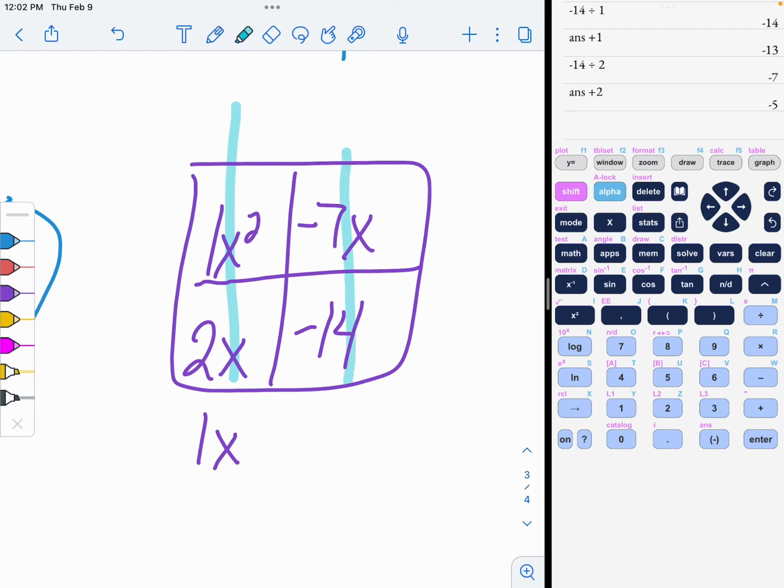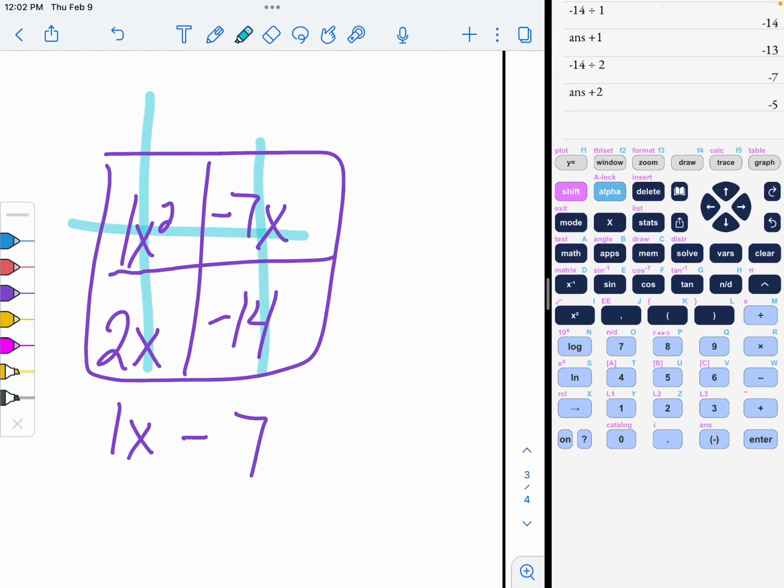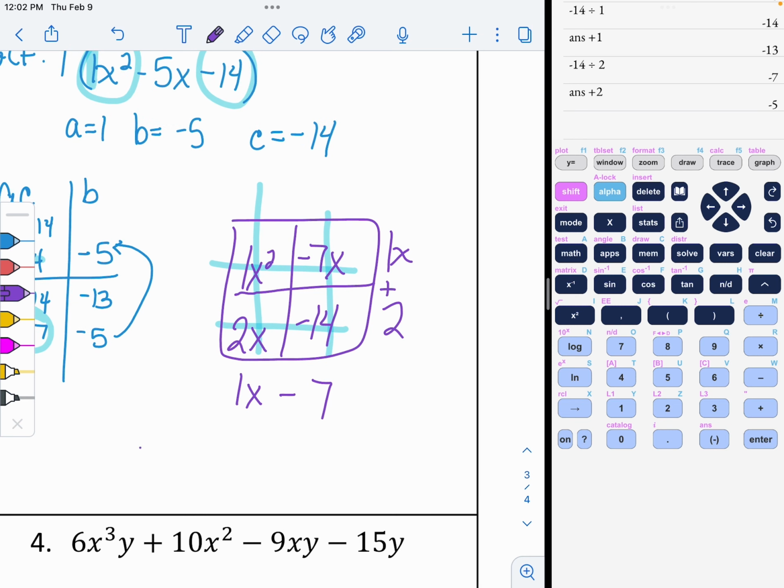This GCF is a 7 and a negative from the top because 7 goes into both of them, not just 1. This GCF is a 1. Anytime you see a 1, that's your GCF, okay? And a single x. And this GCF is a 2 with no x's and a plus from the left. My final answer is 1 from my GCF, 1x take away 7 from my binomial that I got, and 1x